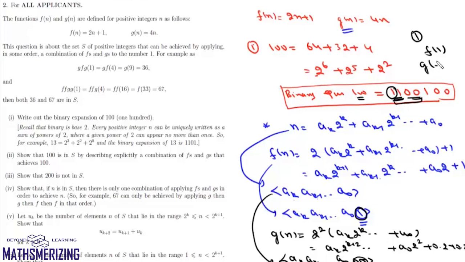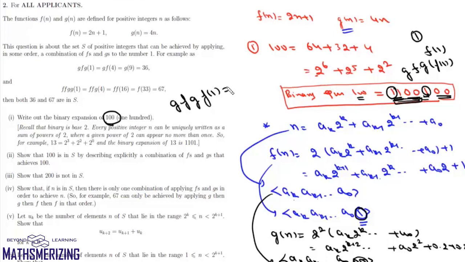So we'll write g of f1. Now once we have 2 zeros, we'll again need 1. So again we'll take this function f, and after that we'll again need 2 zeros. So it'll be g. So the combination of f's and g's that gives us this combination 100 will be gf gf1. And we can verify it also.